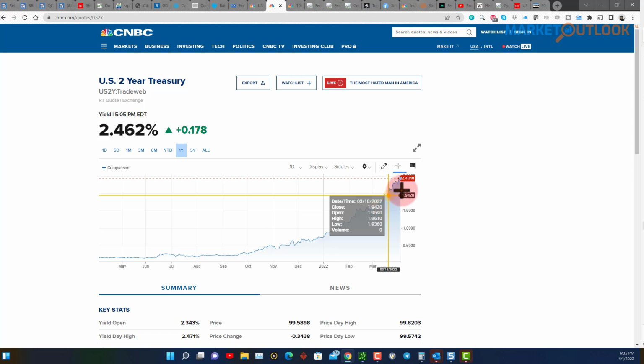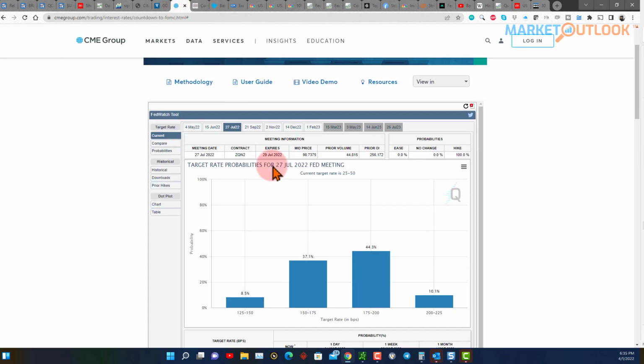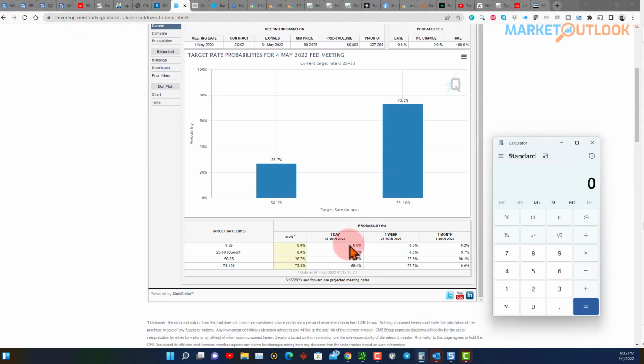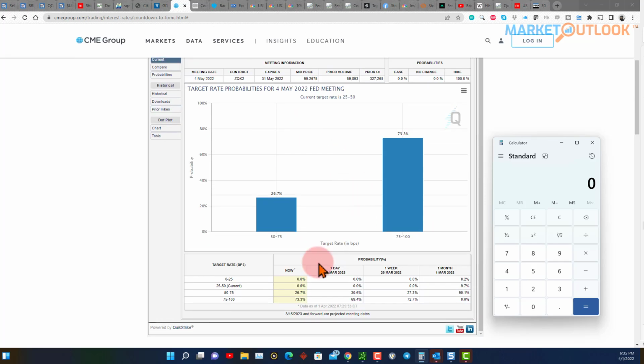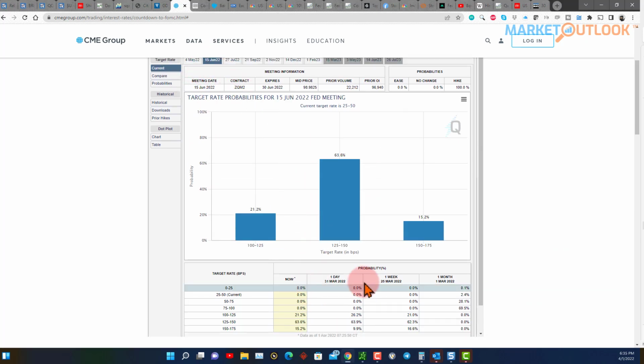You can see the 2-year essentially is up to 2.5%, which is obviously where the 10-year is, near 2.5%. The 3-month hasn't really gone up very much, so the 3-month is still waiting for the Fed to do something, and you can see the odds for the Fed to do something are really ramping up. You can see we have a 73% chance that we'll get 2 rate hikes in May, so that would be 3 total, including the one that we have in March. So 73% chance we'll get 2 in May, and then if you go out to